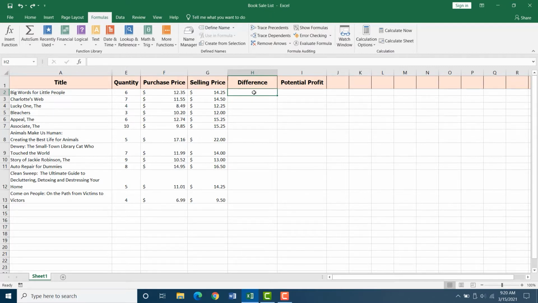So now that I have selected cell H2, I am going to start with my formula. If you don't know, anytime that you are going to start a formula, you need to use the equal sign. You can't just start typing any of the cell numbers or names. You have to start with the equal sign. So since this is going to calculate the difference, I am going to type in my equal sign,